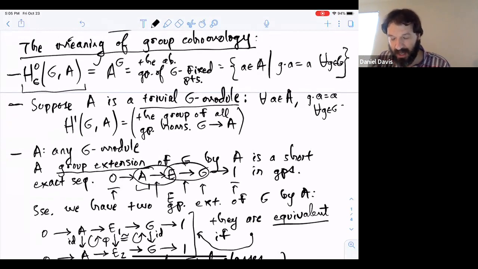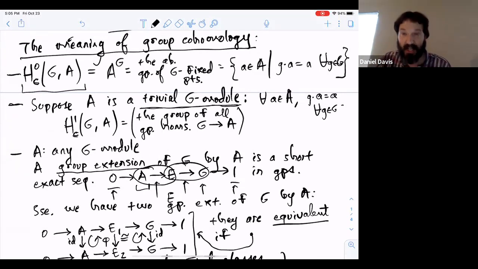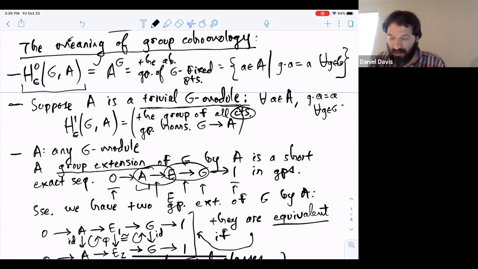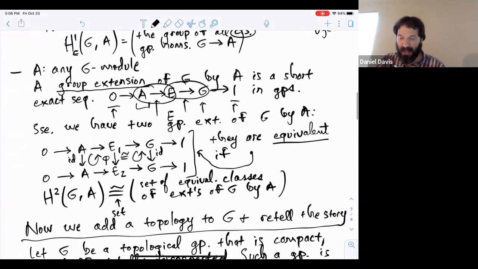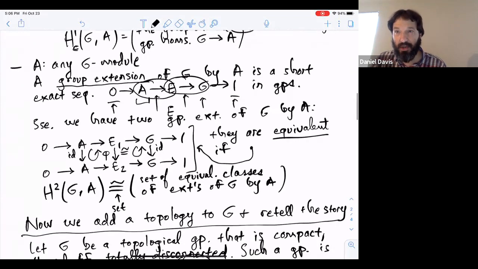In degree 1, let's take our discrete G module. Let's assume that the action is trivial, and we put a C here. When we do that, we have the exact same result that we had before, except now we need to say continuous group homomorphisms. So H1 is the group of all continuous group homomorphisms from G to A. Okay, and so in degree 2,